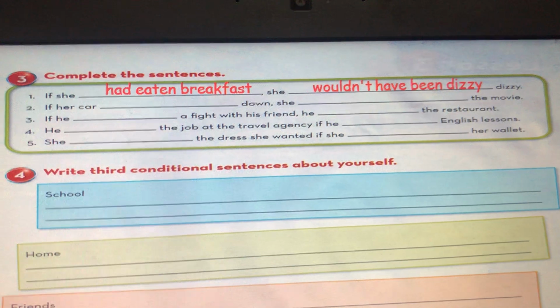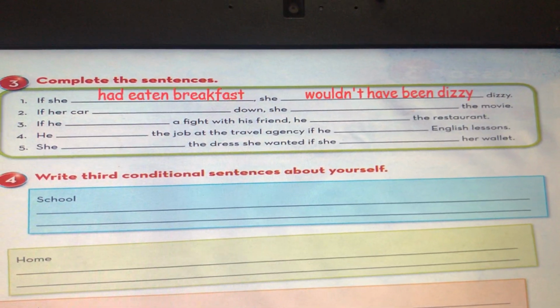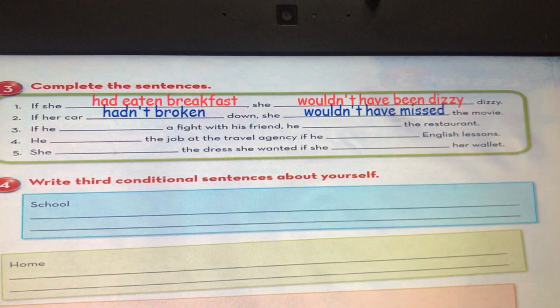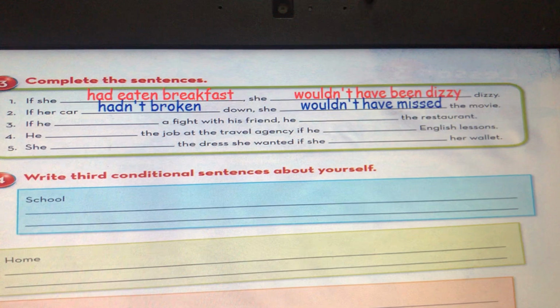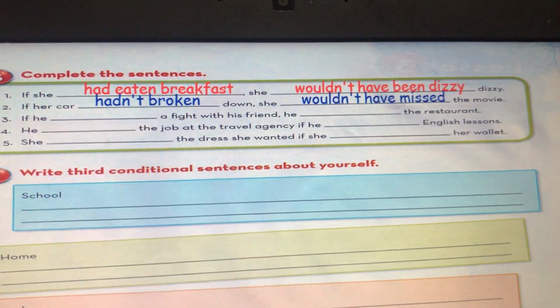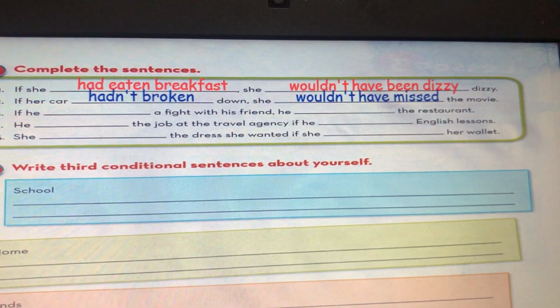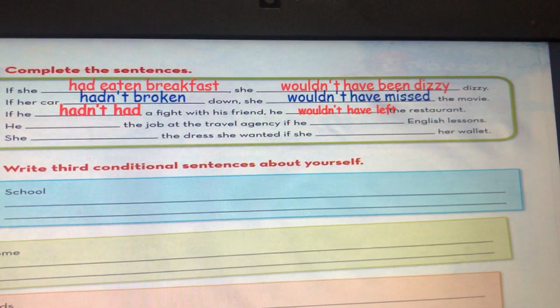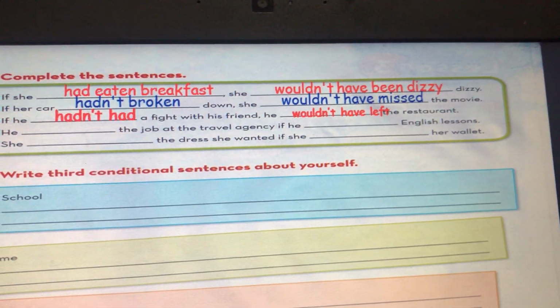2. If her car down, she the movie. If her car hadn't broken down, she wouldn't have missed the movie. What about number 3? If he a fight with his friend. If he hadn't had a fight with his friend, he wouldn't have left the restaurant.